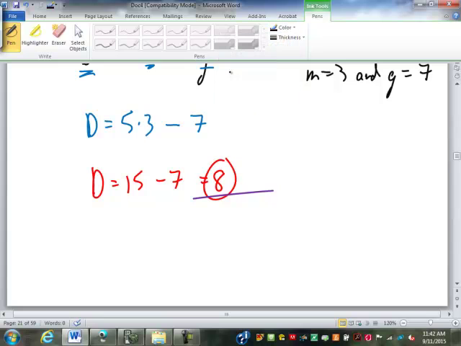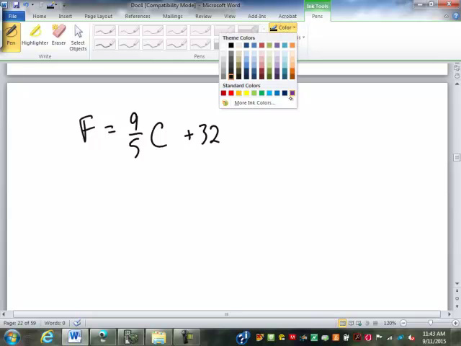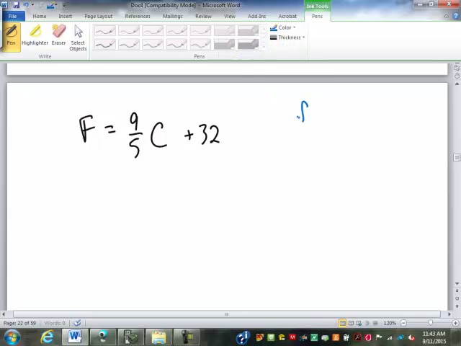We're going to use these a lot next week when we do some measurement conversions to convert Celsius to Fahrenheit or Fahrenheit to Celsius. Your Fahrenheit temperature is equal to 9/5 your Celsius temperature plus 32. So evaluate for F when C equals